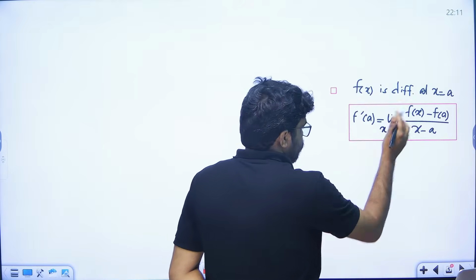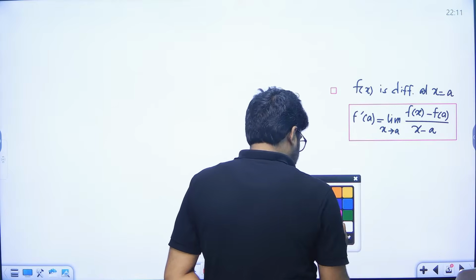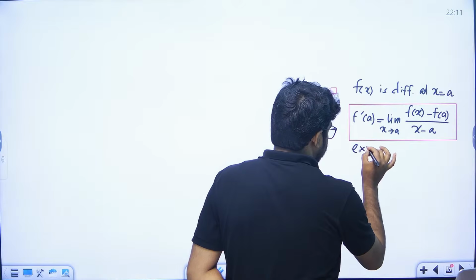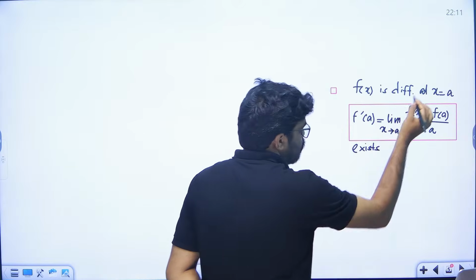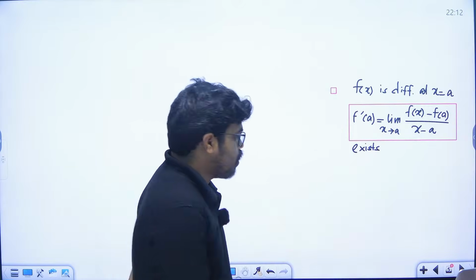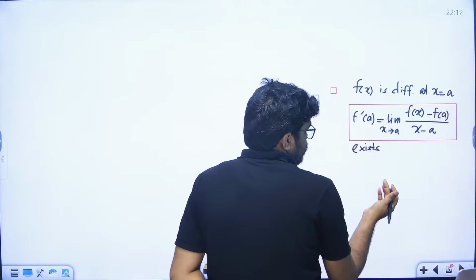Also, if this limit exists, then we say that the function f(x) is differentiable at the point x equal to a. Okay? And look, there is another definition, that is if left hand derivative